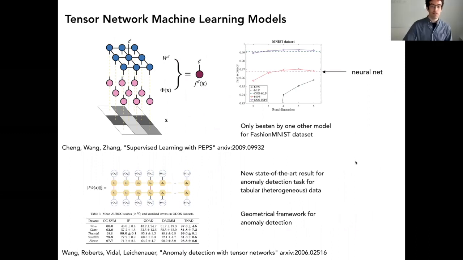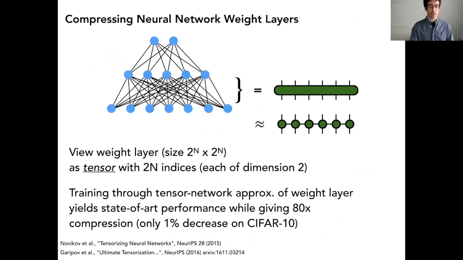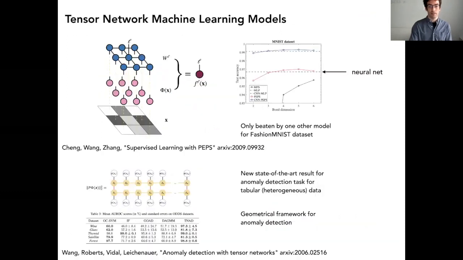All right, another very different topic, I'll make sure I'm okay on time, is using tensor networks as machine learning models. So not just using them inside machine learning models, but replacing the whole model with a tensor network. So, why does it have to be inside of a neural network? Couldn't it just be the whole model? And it can. This is a recent work from this year, showing how to use one of these two-dimensional tensor networks to perform image classification tasks.